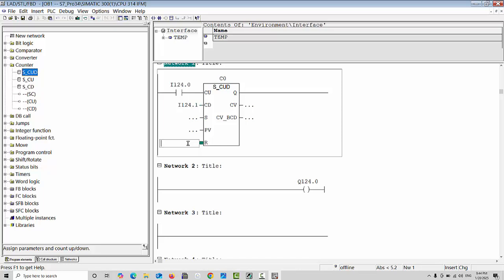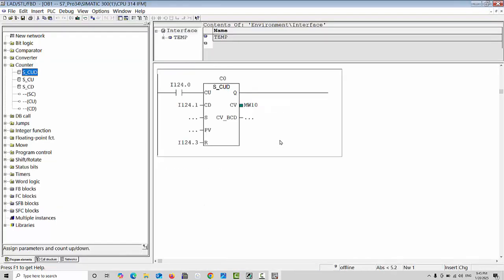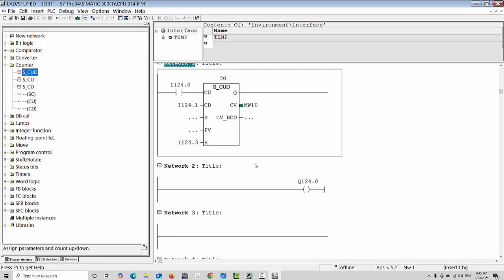and for resetting the counter you can also give any address, I124.3. For the current value, where you would like to see it, you have to put any data register. For example, MW10 I will choose to see the data of my counter, and this data register we will compare with our